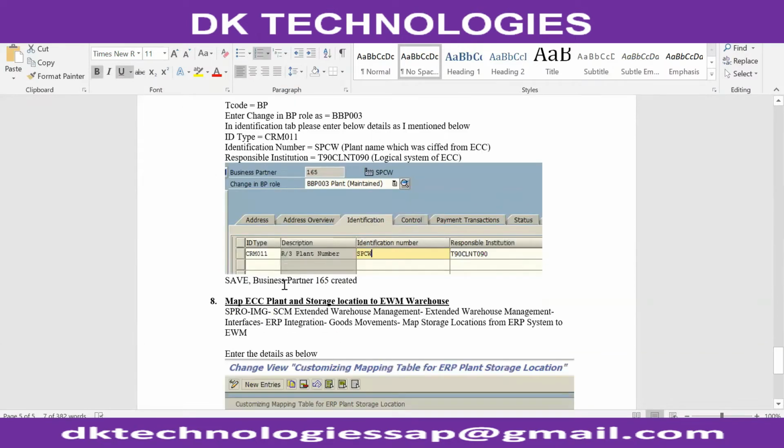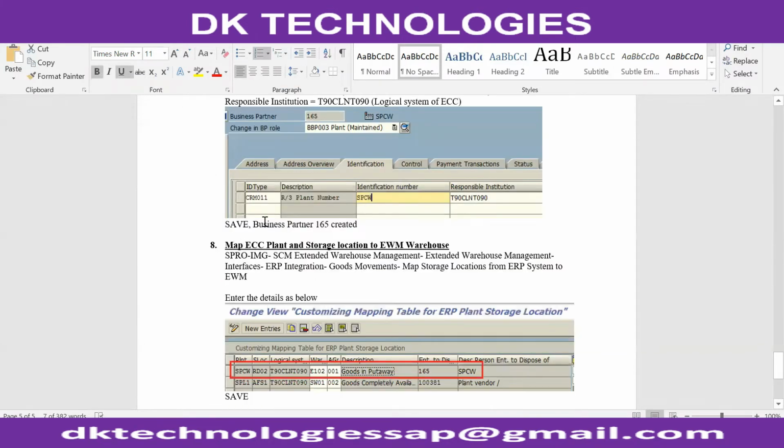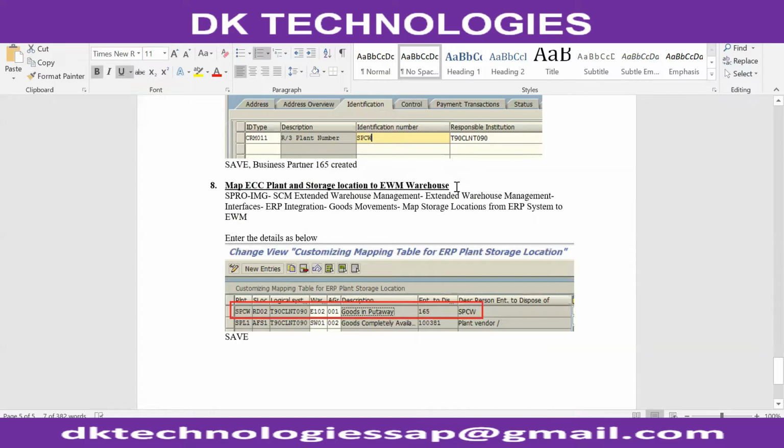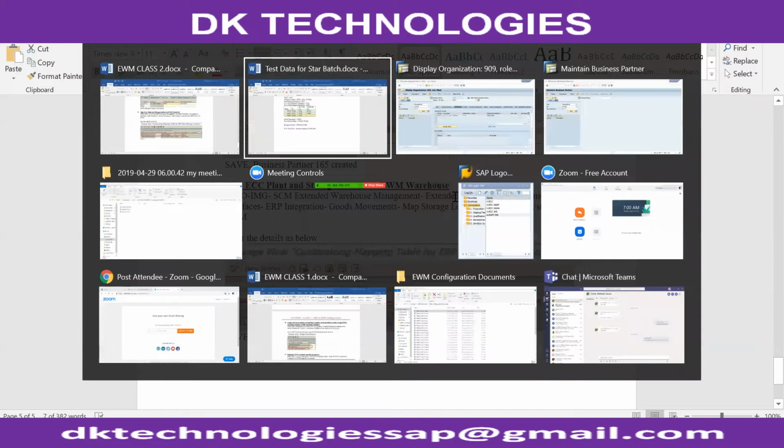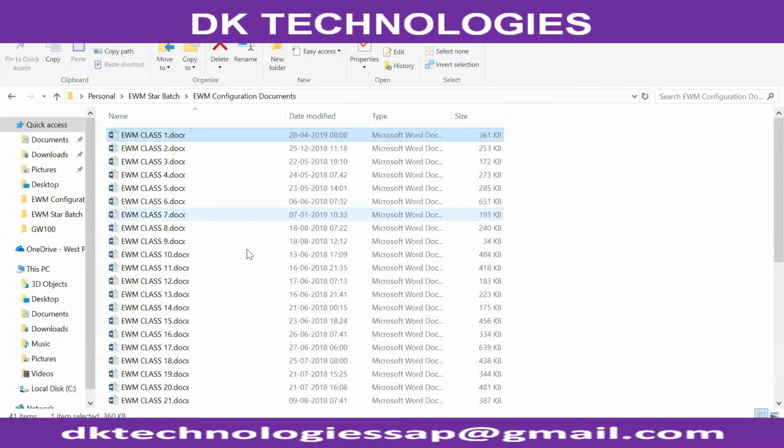Now step number 8: map ECC plant and storage location to EWM. Let me open class number 1.